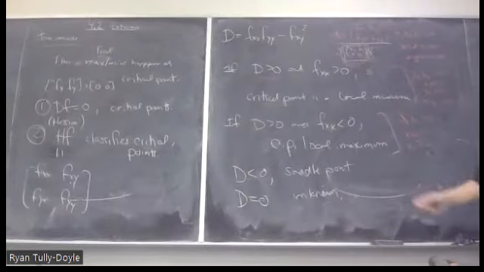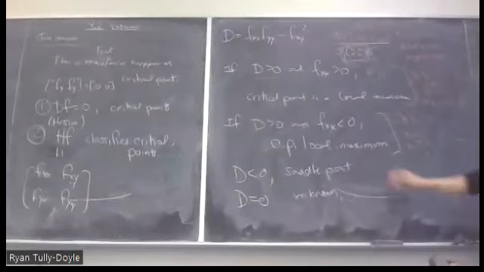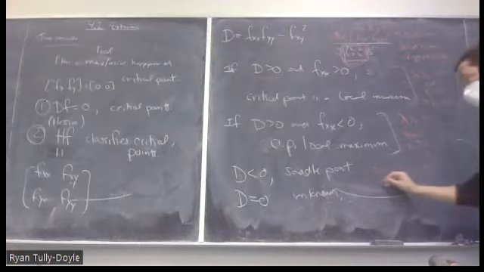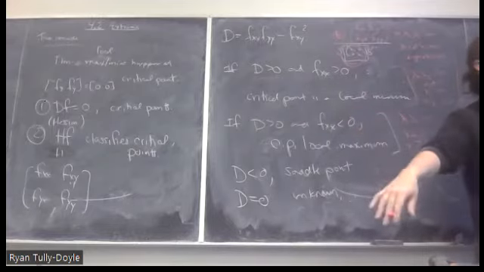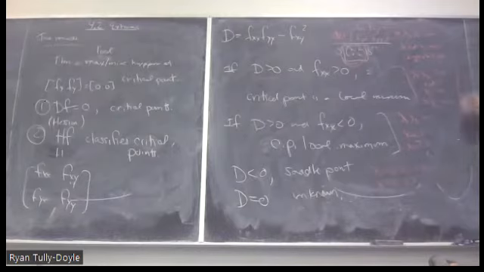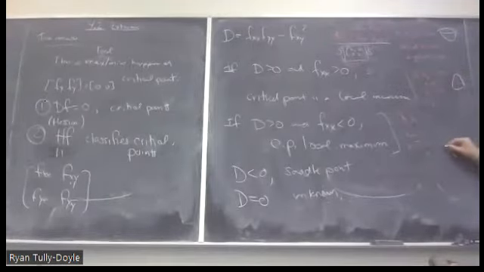The saddle point corresponds to, well, if the determinant was negative, that means that either lambda 1 was positive and lambda 2 is negative, or lambda 1 is negative and lambda 2 is positive. And that means it bends up in one direction and down in the other one. That's what it means to be a saddle point. So this sort of corresponds to shapes that look like this. This corresponds to things that look like this. And this corresponds to that sort of weird case where you had